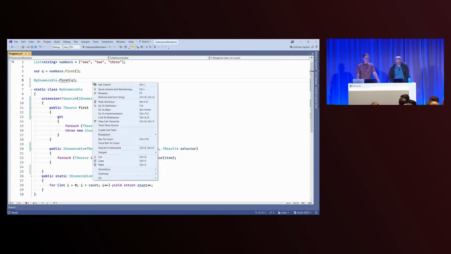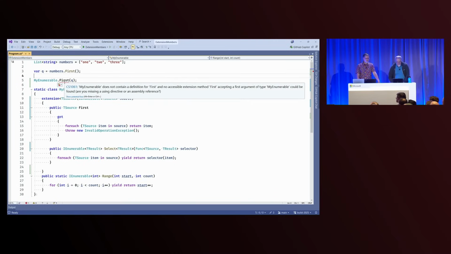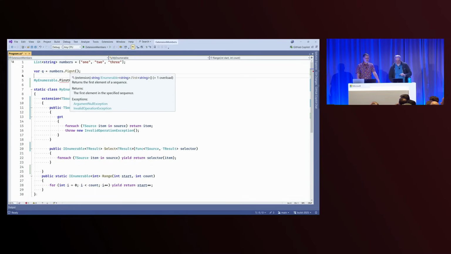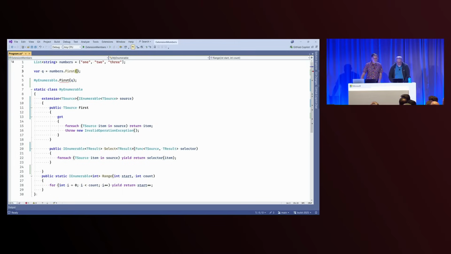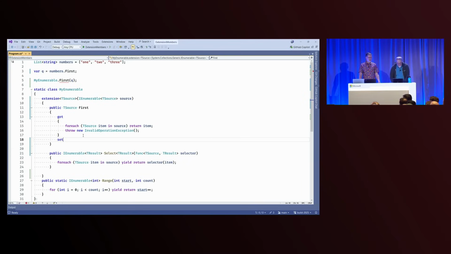Now, interestingly, there's an error here because there is no longer a First method on my Enumerable. There's no error here because now it's dropped back to the actual IEnumerable one. We didn't take the LINQ once out. But I can remove the parameters here. And sure enough, we're calling it as a property. Your first extension property, ladies and gentlemen, appropriately called First. And it's a real property. You could add a setter if you want to. Sure, that would be cool.